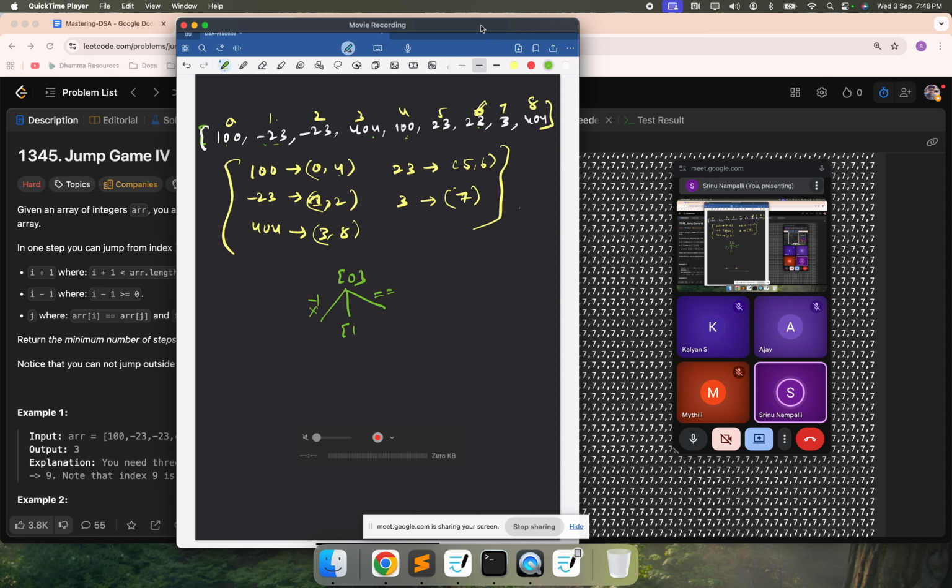So what is the condition? A of i should be equal to A of j, and i should not equal j. In this case, this is equal, so you don't consider it, then you will consider 4. So you added 1 comma 4. This is level 0 and this is level 1. At level 1, if you closely see,